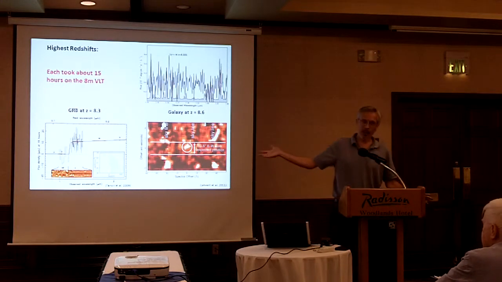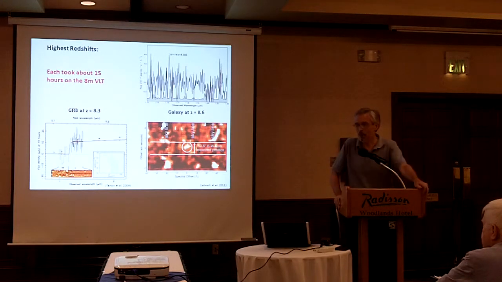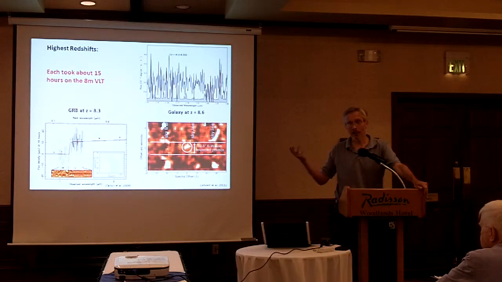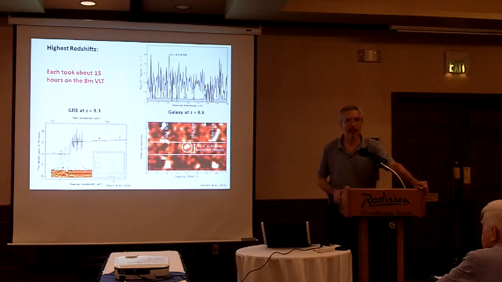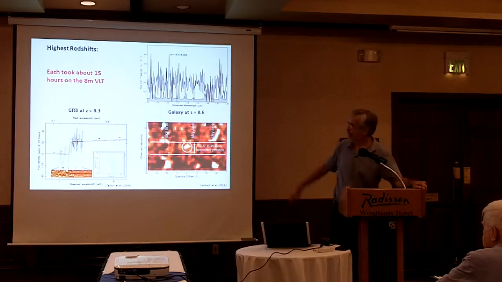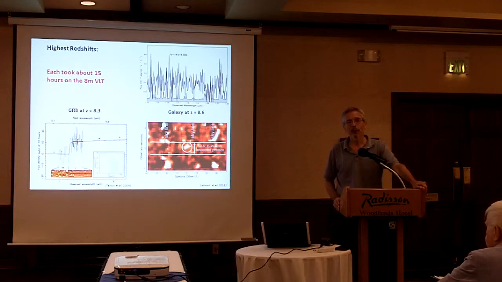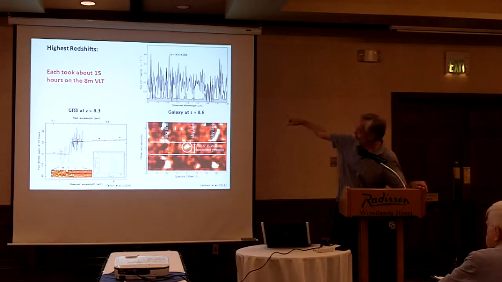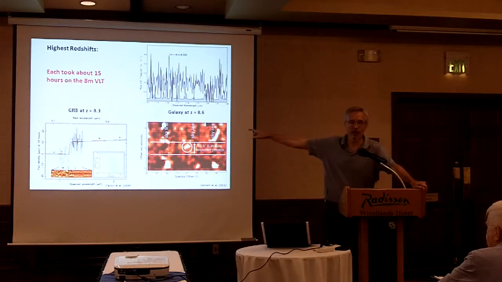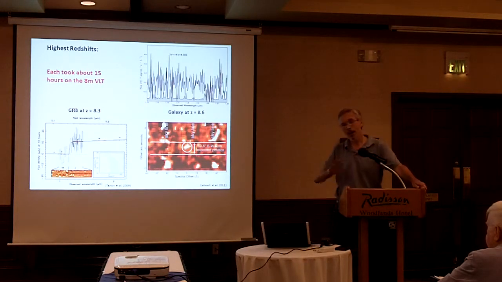And what does this data look like? I'm going to wrap up now, just to show you a little of how horrible this data is, because we really end up with a problem. The history of astronomical spectroscopy of galaxies is conducted at optical wavelengths, but at a redshift of 8 or 9, the Lyman limit, the hard cutoff to the light of the galaxy, is shifted almost entirely through your optical spectrum. So you're reduced, in these two examples of two of the very highest redshift objects with confirmed spectra,